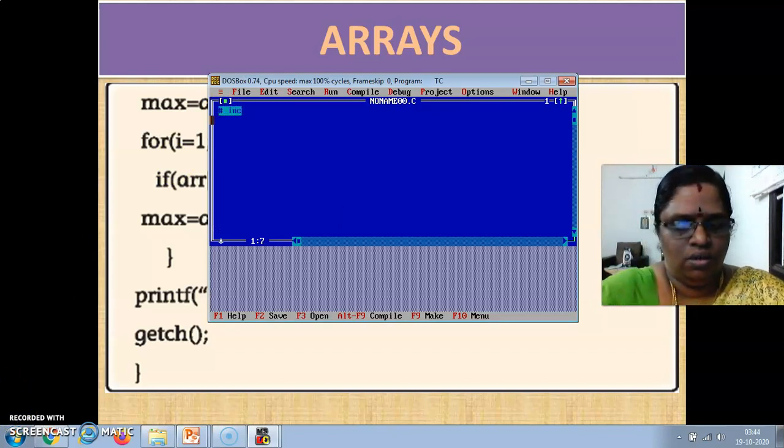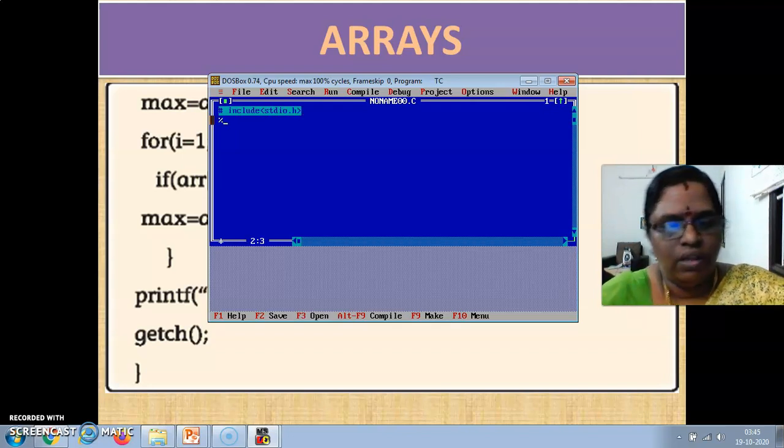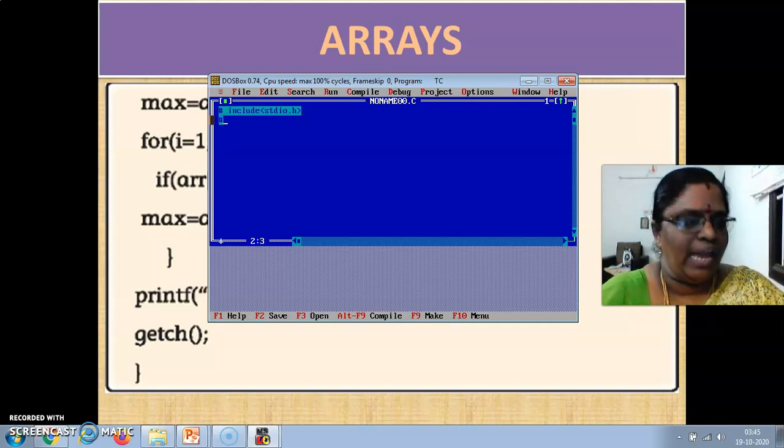#include <stdio.h>. I am going to type the program which is given in the lesson, that is page number 56. So don't ask me, ma'am, it's not clear, I need it; it's in the book itself.